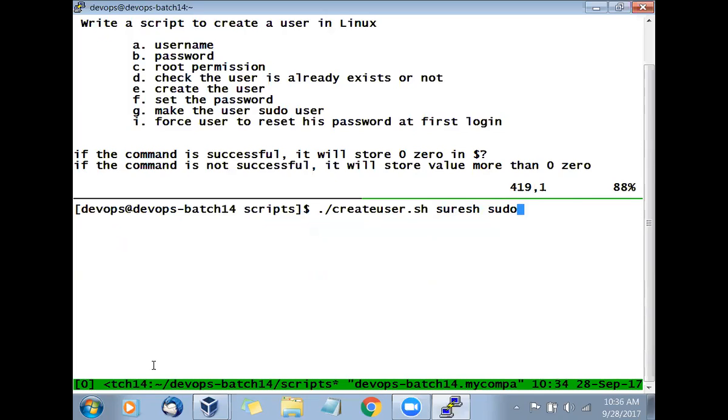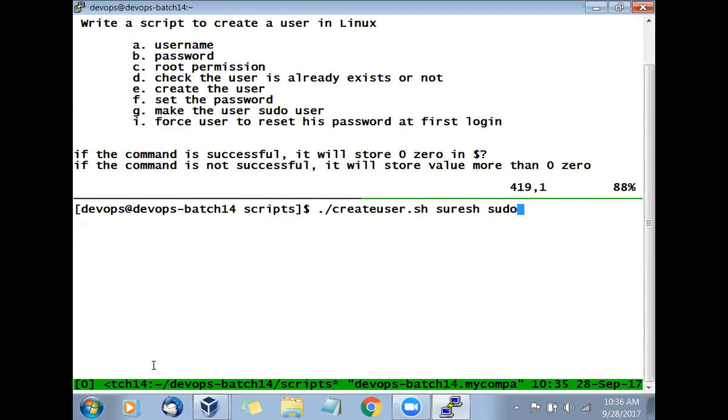So we have to check $2, and if it is equal to sudo, then create that user as a sudo user. Can we do that? Yes. So I will go with the second option. And if the second option is defined and it is sudo, then I will add that user in the sudo group. So that is an intelligent option.